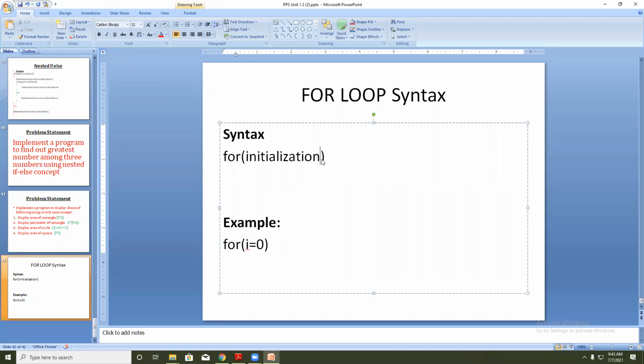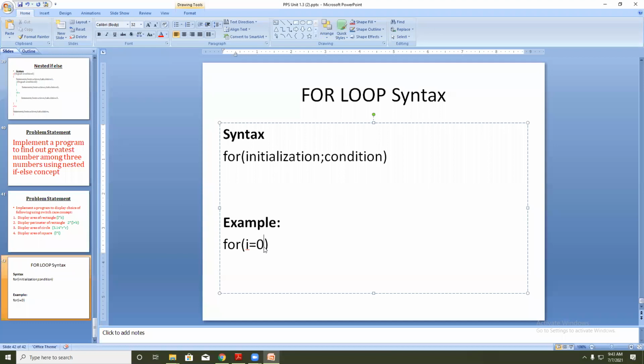The second part is the condition. Here you need to give a condition. Let's say I want to print the numbers between 0 to 10. That means I want to print 0, 1, 2, 3, 4, 5, 6, 7, 8, 9.